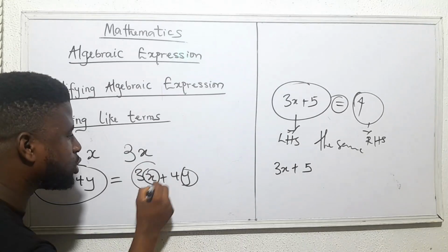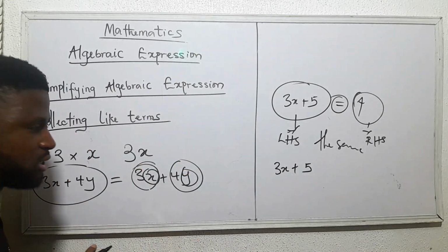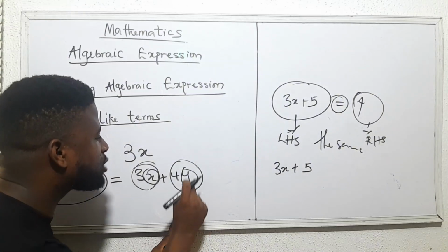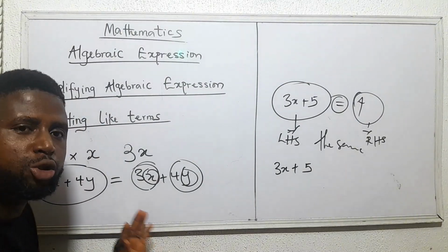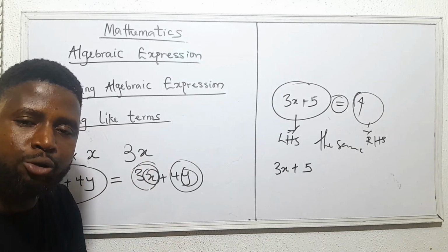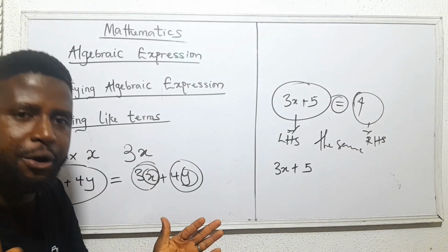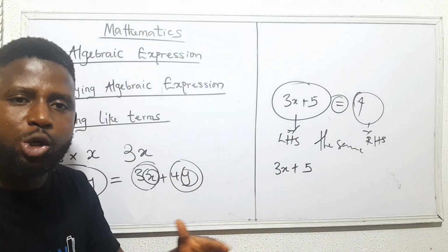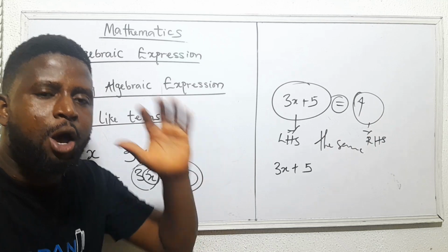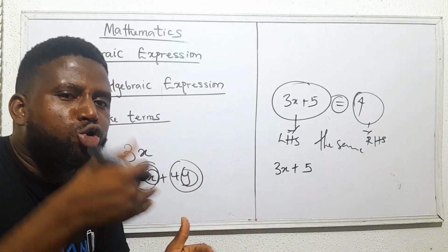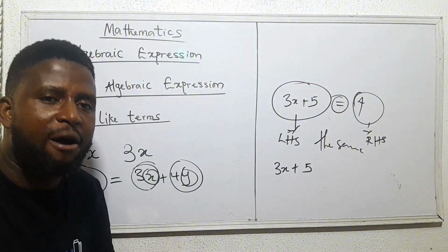Of course, you know, this is one term, this is one term. The first term has x as its variable, the second term has y as its variable. So for us to be able to add two terms together, both of them must have the same variable. It could even be more than 2, it could be 3, it could be 4. Whatever number it is, for us to be able to add or subtract multiple terms, they have to have the same